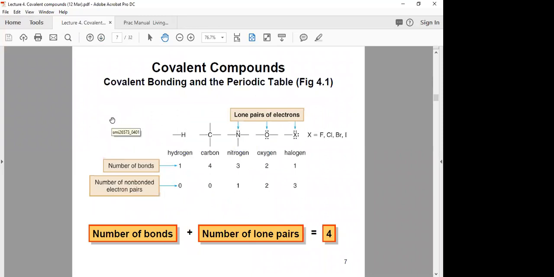All right, so this is a really nice table which illustrates the number of bonds formed by the most commonly encountered atoms in covalent bonding. So we've already seen hydrogen, which,